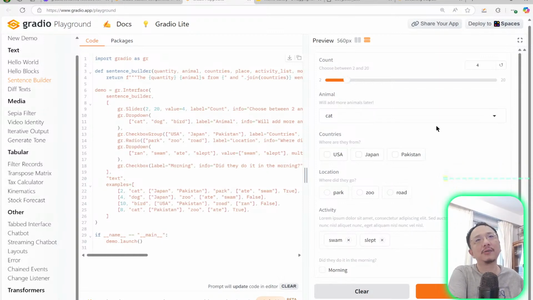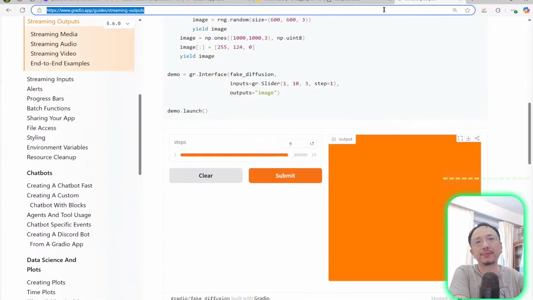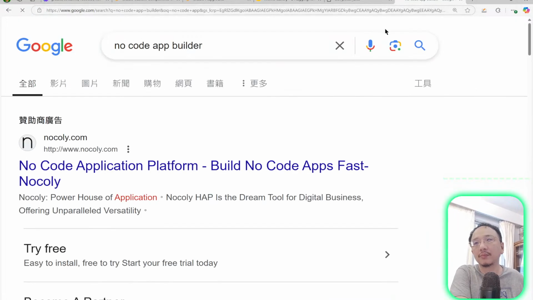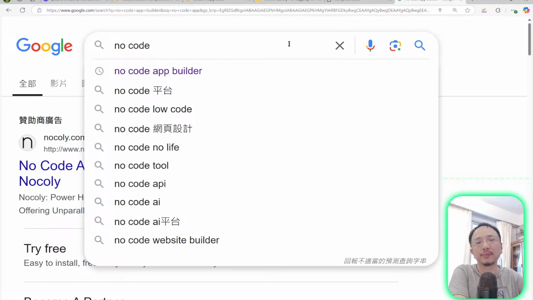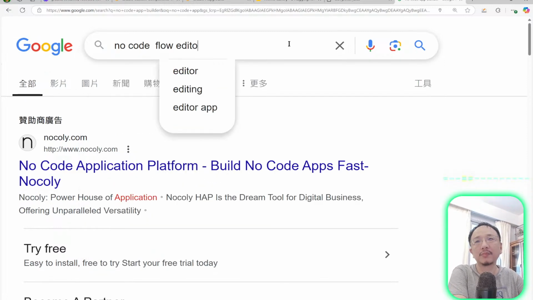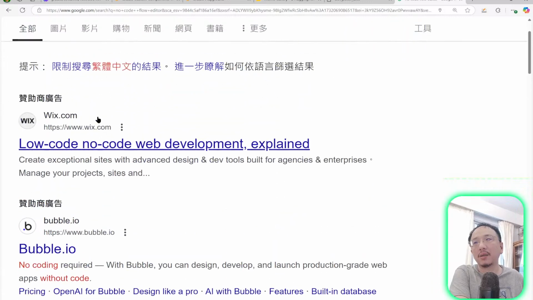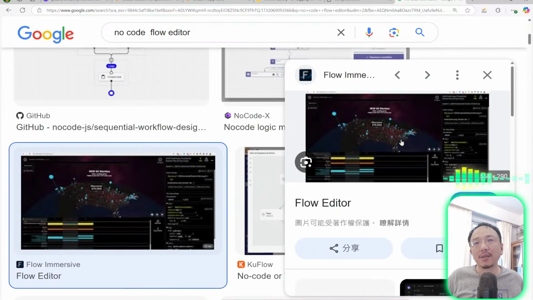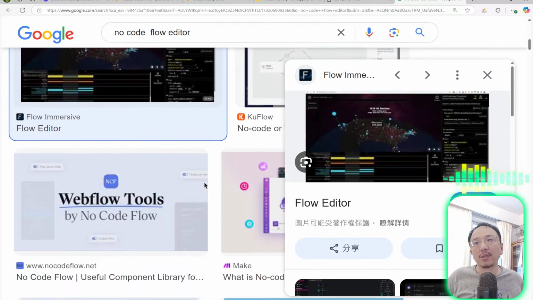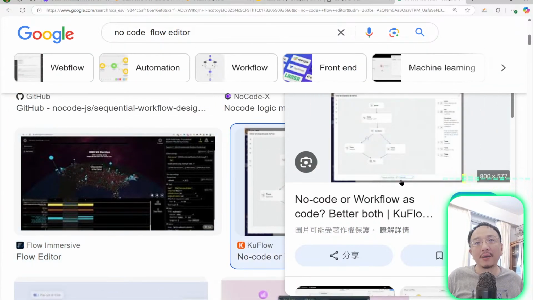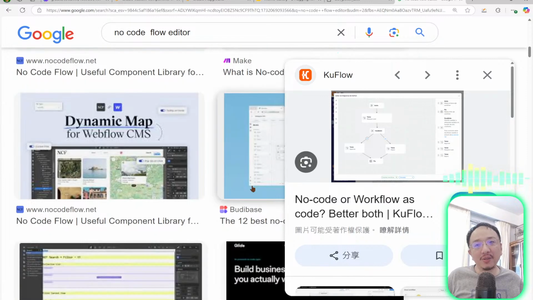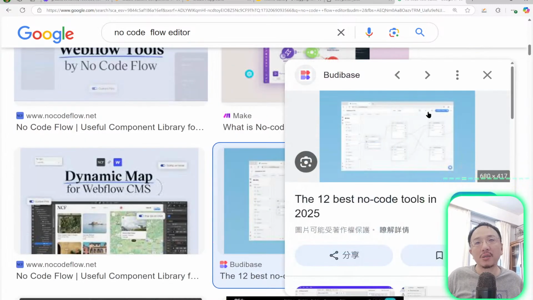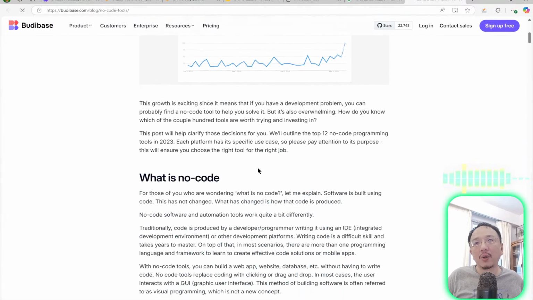let me just search for you the no-code something like ComfyUI or a node editor, flow editor things, which you can see in Blender or in ComfyUI. These sorts of things, or even if you just want an interface to edit a graph, this is a typical no-code